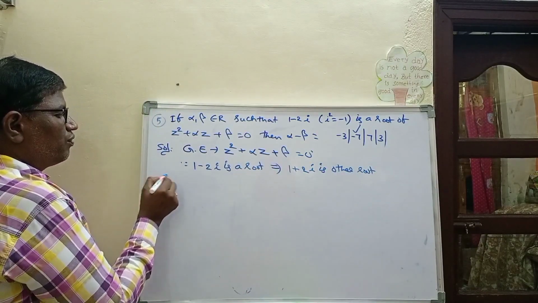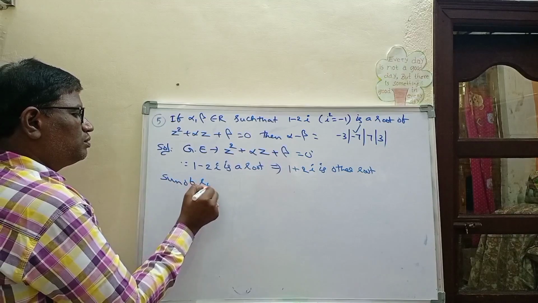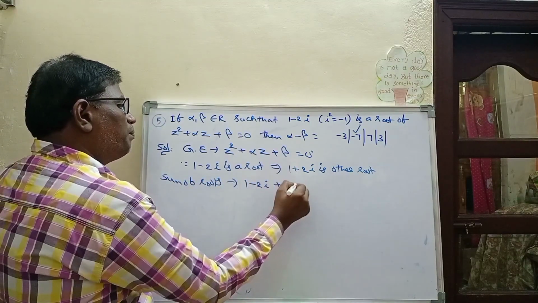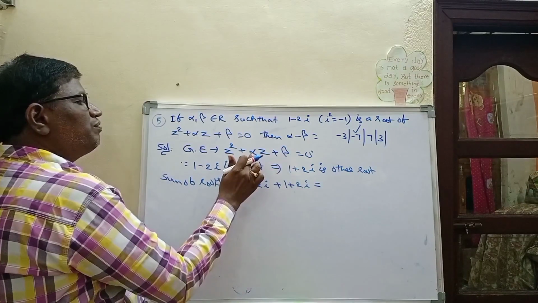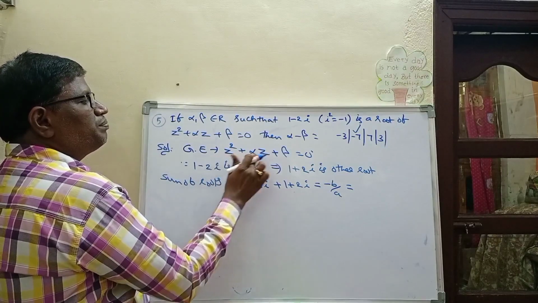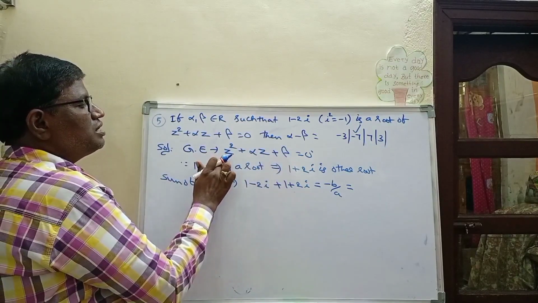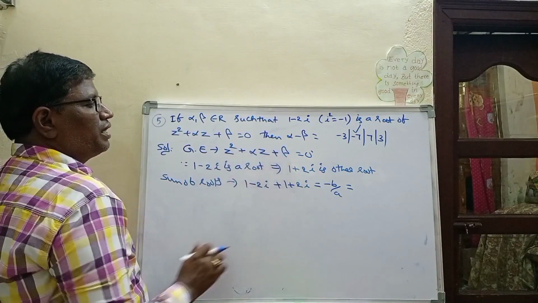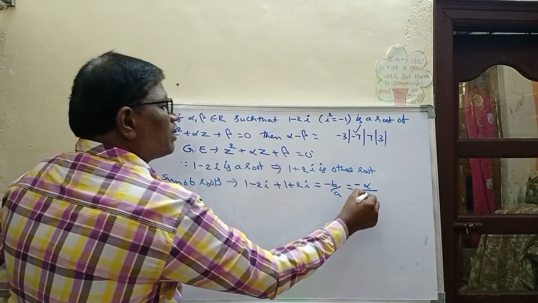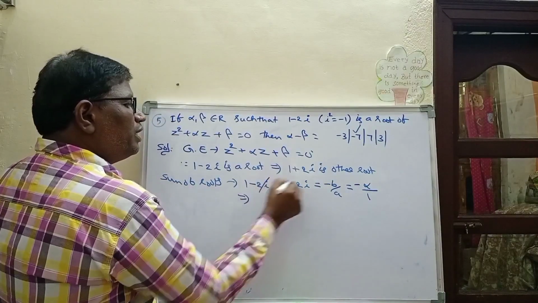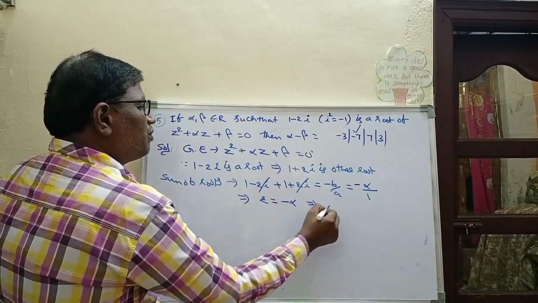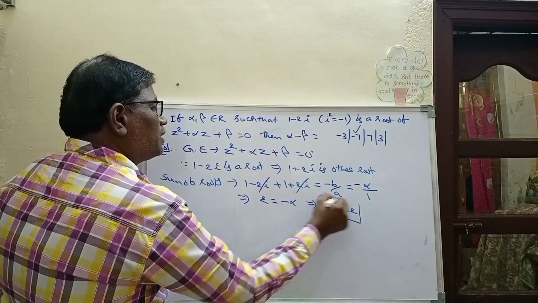So find the sum of roots. The sum of roots is 1 minus 2i plus 1 plus 2i. The sum of roots is given by the formula minus b by a, from our form ax square plus bx plus c equal to 0, where a is equal to 1, b is equal to alpha, c is equal to beta. Minus b by a: b means alpha, a means 1. So from this 2i gets cancelled. 1 plus 1 is 2, equal to minus alpha. So from this alpha is equal to minus 2.